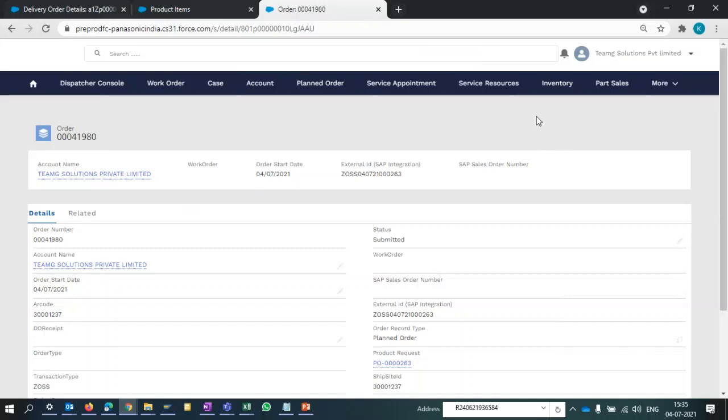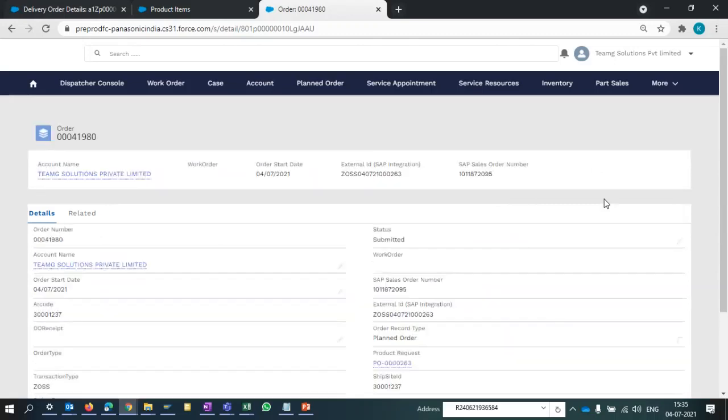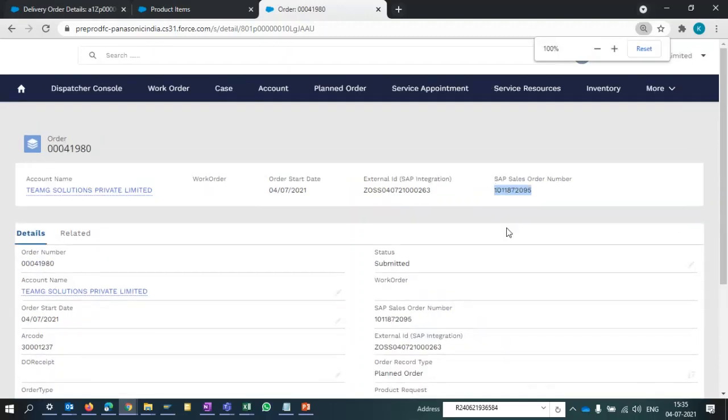Yes. Okay, so the order has been placed successfully. Order number is created. This is the Salesforce order number. Okay, SAP order number is yet to come from SAP. SAP से भी आना बाकी है. I think some कुछ technical issue लग रहा है. Else we will get a order number जैसे कि हमारे CRM पे reverse update हो जाता है after the order. Wait, so you can see the SAP sale order number comes here. Okay.